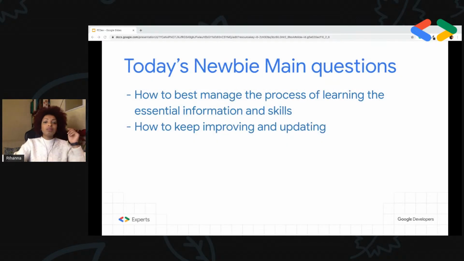But in order to start, I just wanted to leave you with these two skills that are really important before having the list of things to study or the things to do, or starting from somewhere. I think it's really important to know how to best manage the process of learning the essential information and skills. Everybody has a different path of learning, different methods, and different ways of memorizing things. So